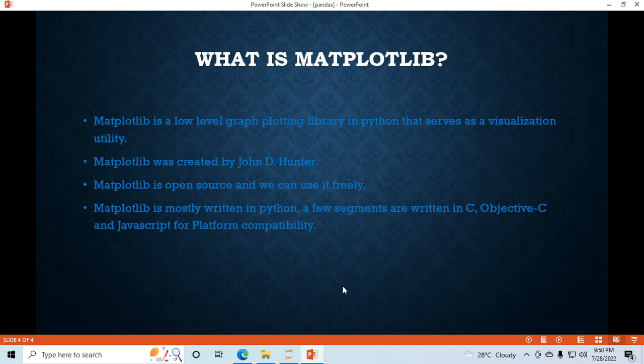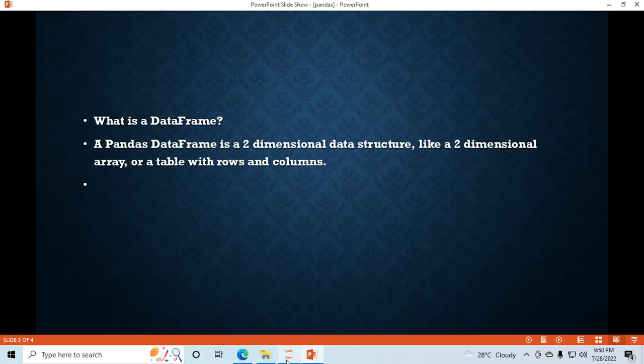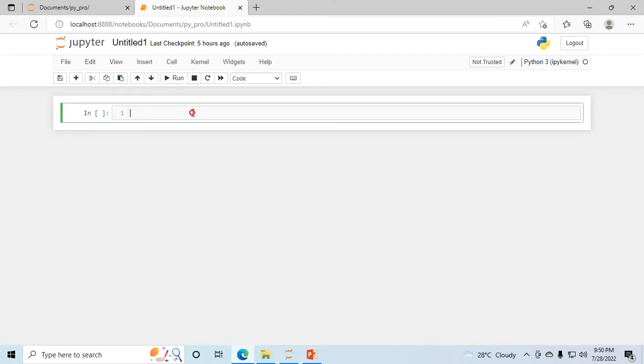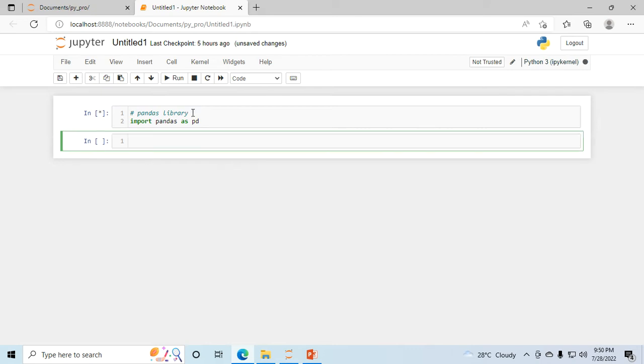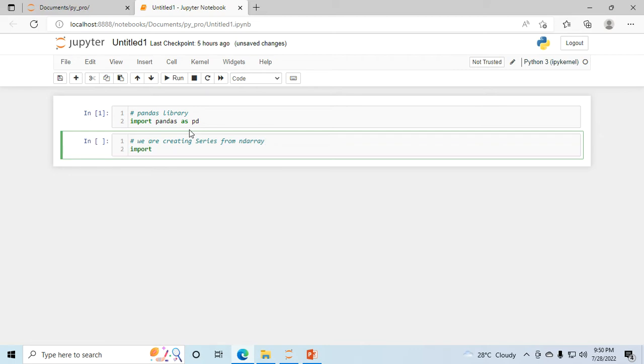So now next, we'll go to the editor and start with the pandas library. First we have to import pandas as pd. Okay, so let's start. First we are creating a series from an ndarray. So first import numpy as np, and now